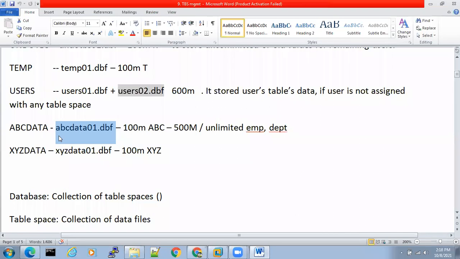Listen carefully. Whichever database it is, when 80% or 85% or 90% of the threshold is reached and you throw me an alert, it automatically adds one more data file. Automatically. I don't have to come and add. I said, hey Oracle, you only add one more data file. Actually, DBAs will do that.